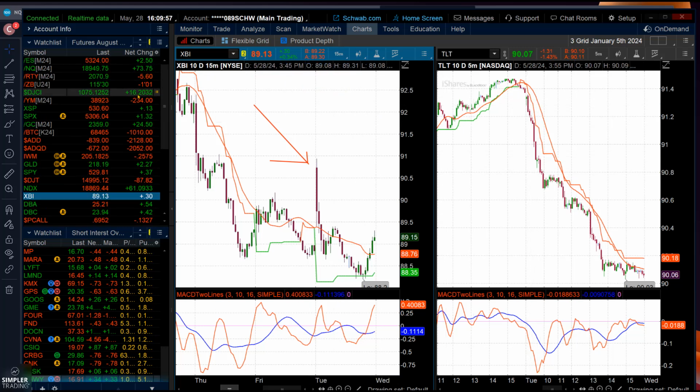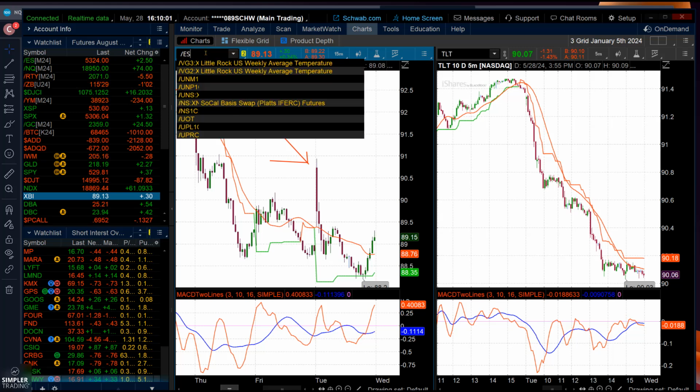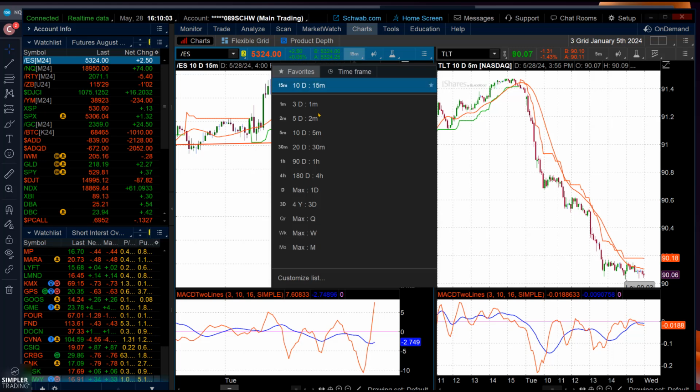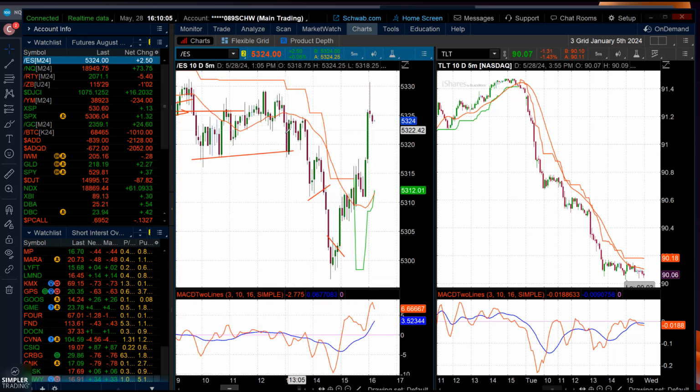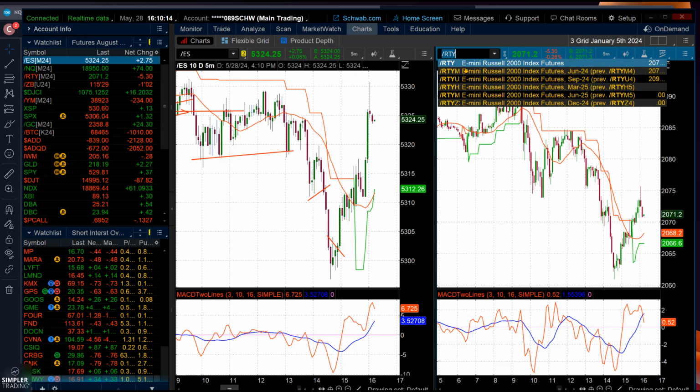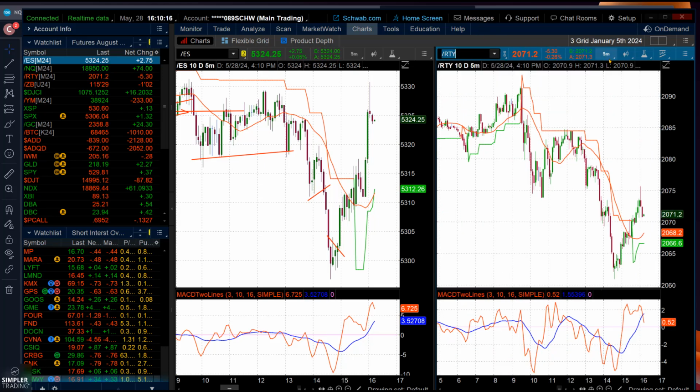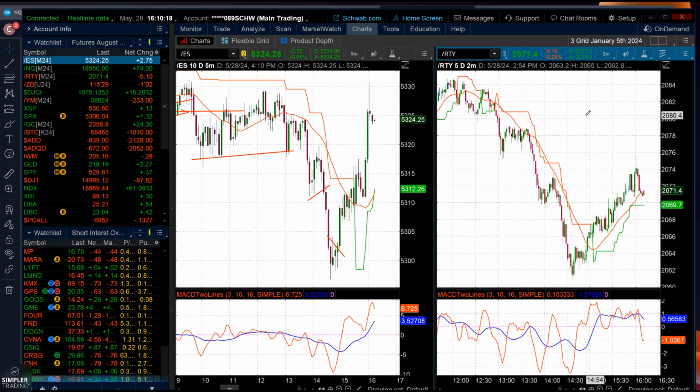On the other hand, if you're intraday trading and you're watching the overall market thinking it's going to have another leg down, just keep in mind that if the thing that made it go down earlier, which is trend lines and also the bonds and also the Russell, if the Russell index starts rallying like it did, then it's less likely the ES has another leg to the downside. As you see, that worked.